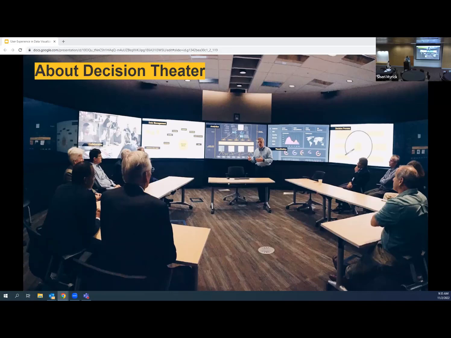The screen that I show you above, this is actually our pride and joy, the drum. It's essentially a room that has 7 giant monitors, and we build software specifically for these 7 giant monitors. We have tables, and the goal is that all of the information we show fosters decision-making, scenarios, discussions. It's a very cool experience. If you have a chance to experience it, I hope you do.